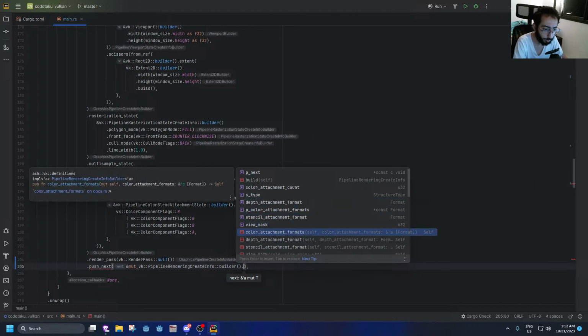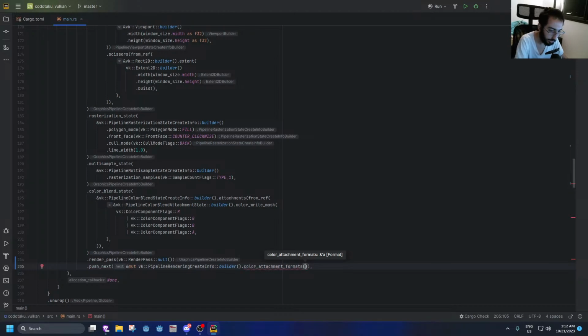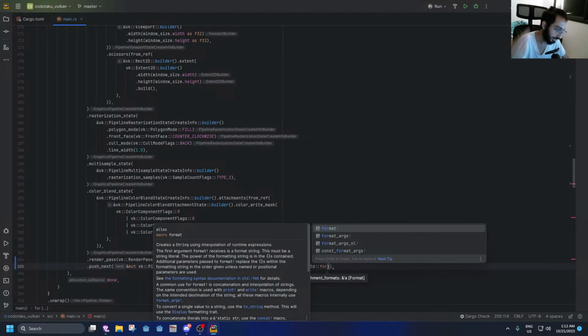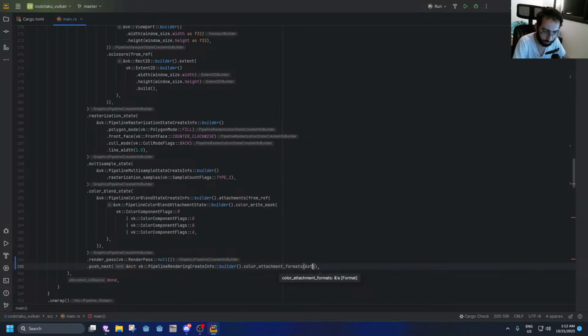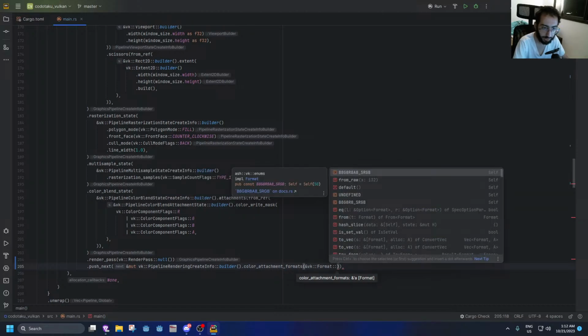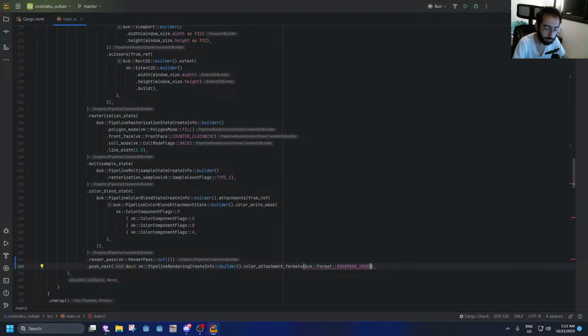Yeah, color attachment formats. We don't have any depth or stencil right now. We only have one color attachment. So let's just basically say from_ref. Instead of passing the render pass, we're just giving the format directly here into the pipeline, and that's pretty cool. So we don't repeat ourselves in the render pass and in the pipeline, etc. Okay, so now I see the VkFormat B8G8R8_SRGB. Let's go. I probably need to put that into a variable, honestly, at this point. But anyways,